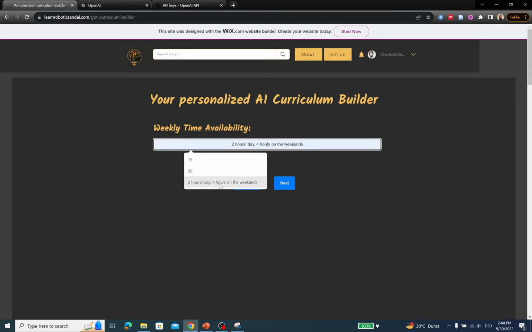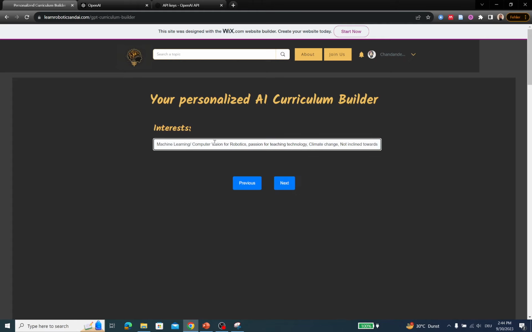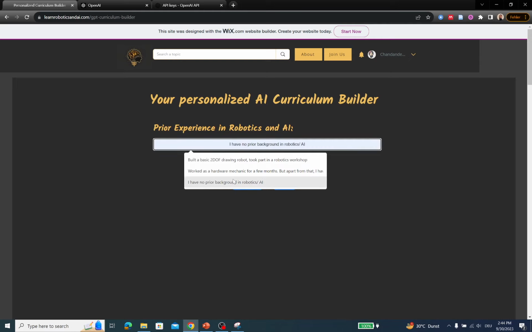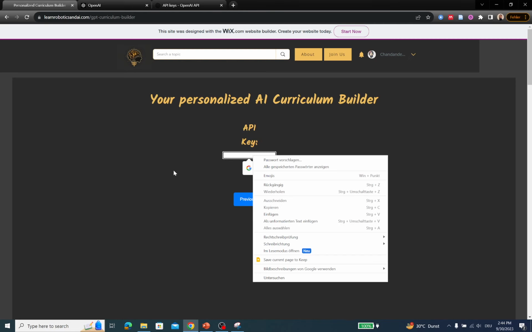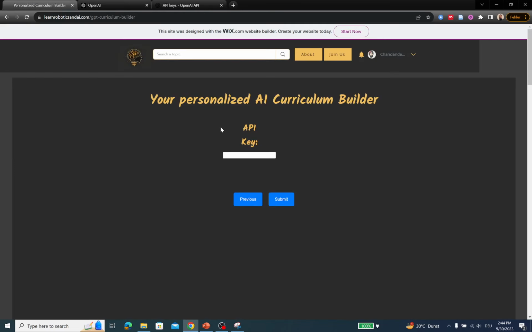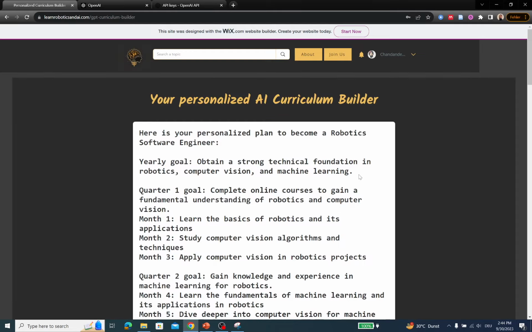he wants to build a meaningful career involving a lot of different causes he cares about, and machine learning or computer vision for robotics, passion for teaching technology, climate change, agriculture, and so on. No prior experience in robotics and AI, no specific queries, and I would now try to paste this again here, and this works. So again, I need to fix some of the things. I have no clue why copying the API key doesn't work the first time and it works the second time